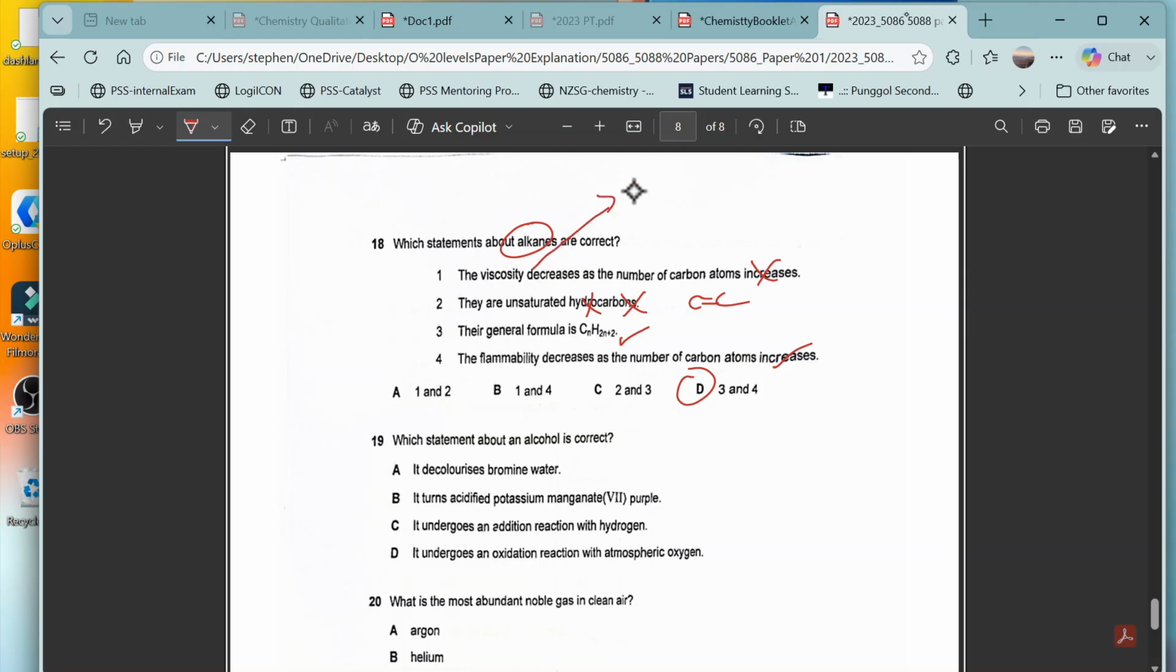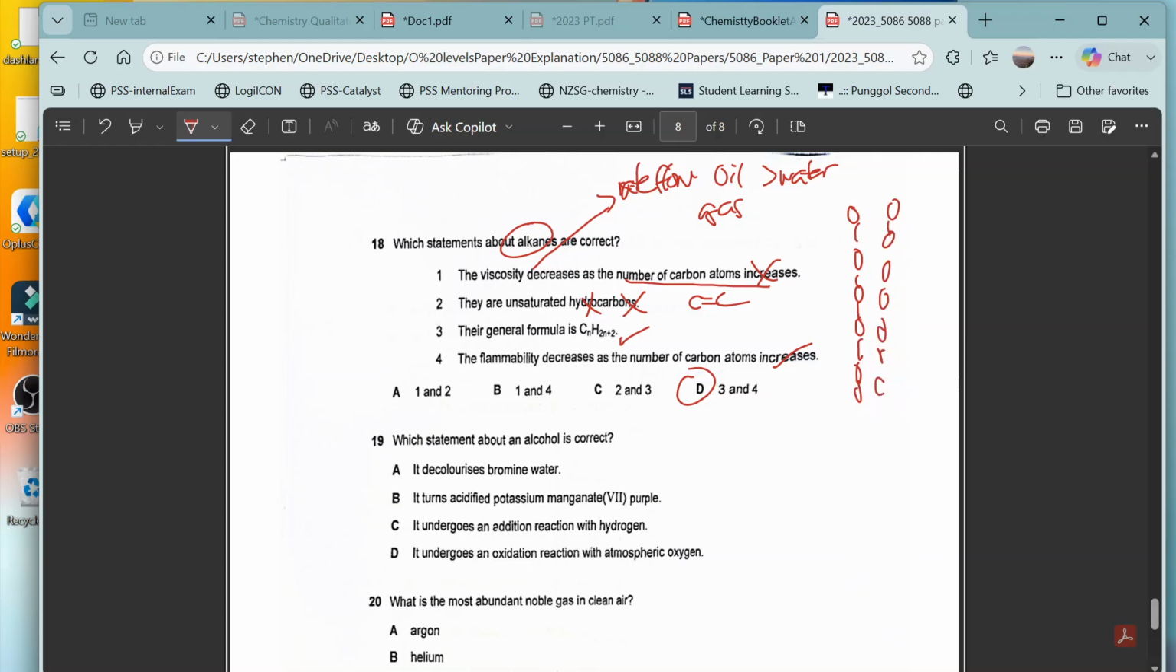Viscosity means the rate of flow. So for example, oil has a higher viscosity than water. Gases always have a low viscosity because you can see gas can flow so easily, right? So as you go down, the number of carbon atoms increases. So let's say carbon, right? So many carbons. If you have a long chain of carbon,